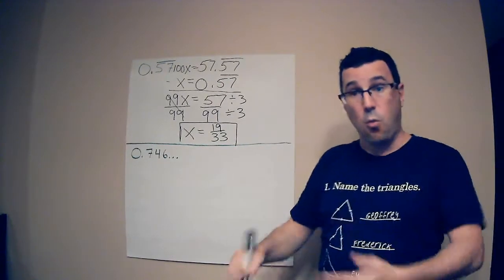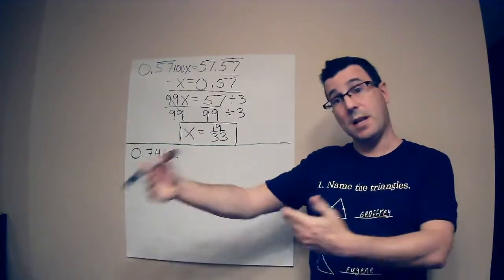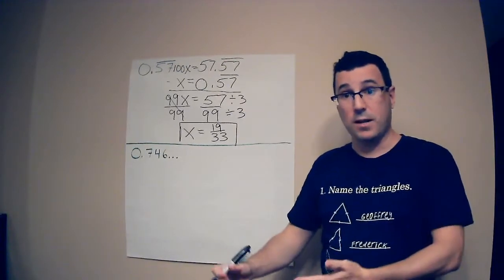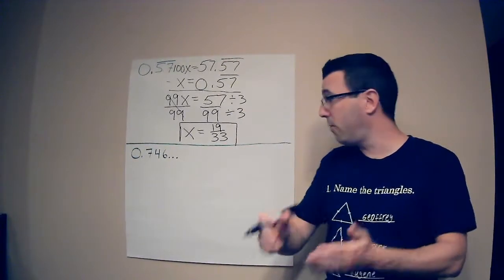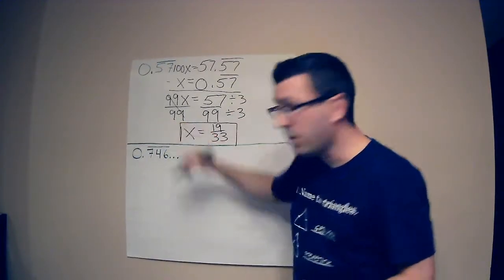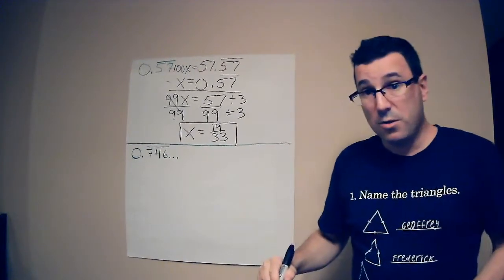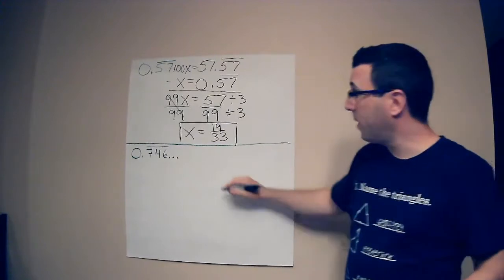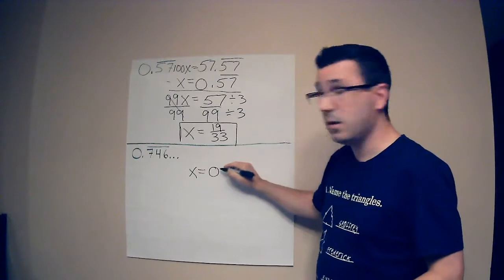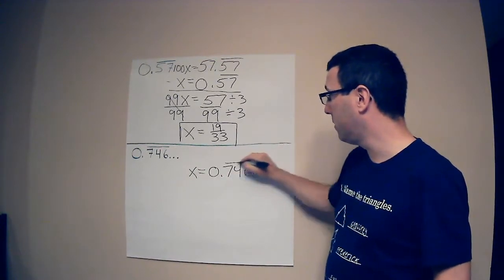So now we're going to go one more decimal place. So you'll see how this just works no matter how many decimal places you have repeating. 0.746 repeating. Actually, I should have done that repeating. That's a little better. But I'm going to do this again. Alright, I'm going to have x equals 0.746 repeating,